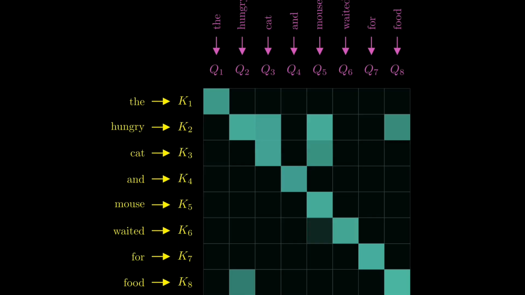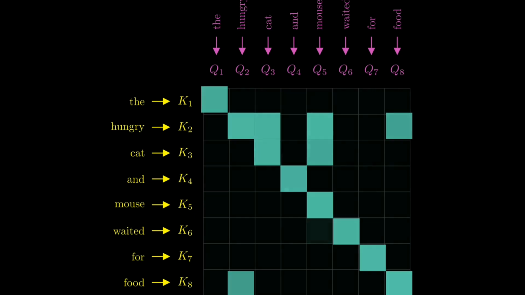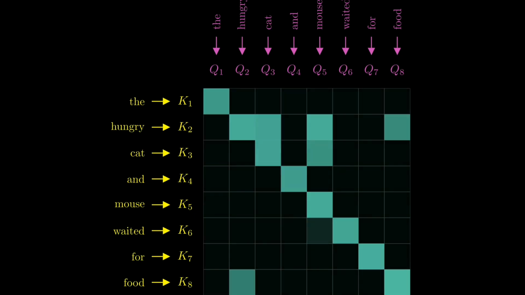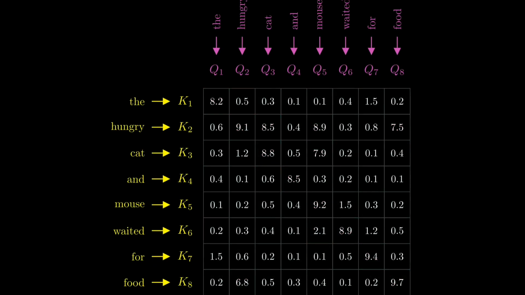The brighter cells show higher attention scores and the dimmer ones show lower scores. In our example, the word hungry might give a high attention score with cat and also with mouse, so those cells would appear bright. But words like the or and might have much lower relevance, so their cells fade out with lower opacity. Everything you see here depends entirely on the dot products between the queries and keys,